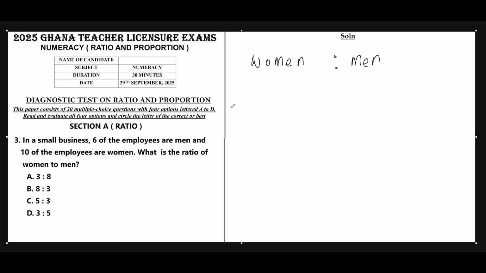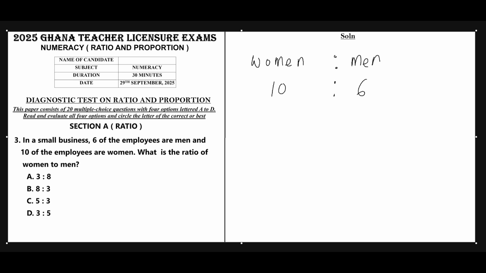So let's find out their numbers. So 6 of the employees are men. So 6 are men and 10 are women. So 10 women and 6 men. So the ratio of women to men in the business is